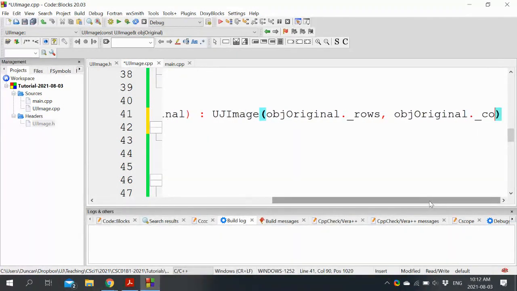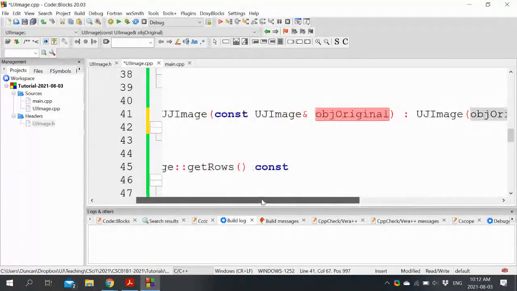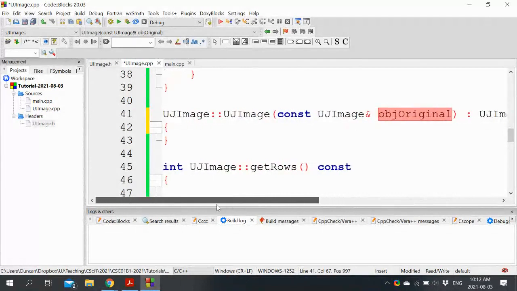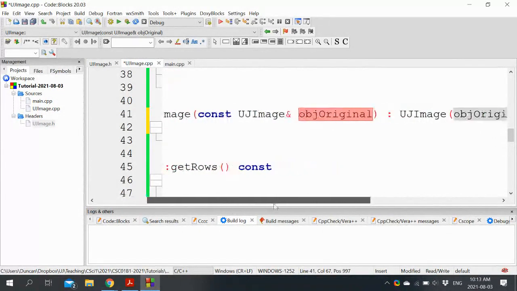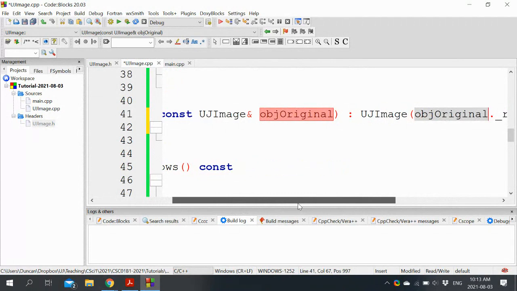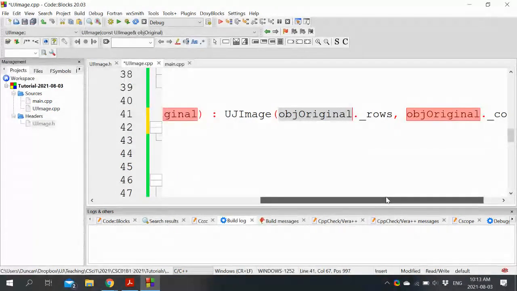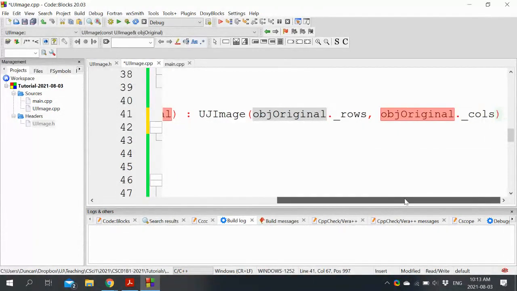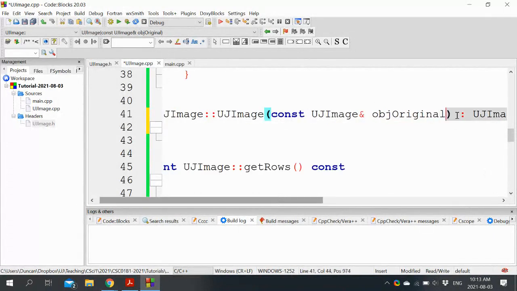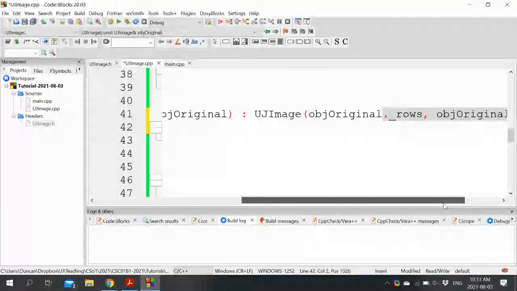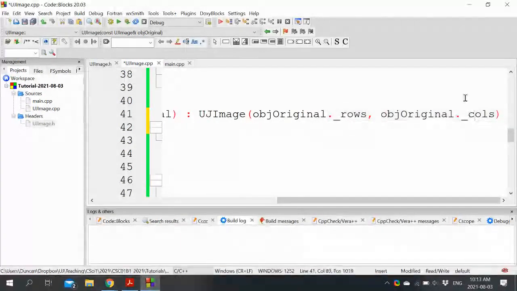Original. Notice that I don't have to use the accessor functions. I don't have to say get rows and get columns. Why is that? Because original is not me. It's someone else that I'm copying. And the answer to that is that the public and private and protected levels of visibility are enforced at the class level, not the object level, because the idea being that you are the author of the class, so you should know what you're doing here. So basically, that's why you can skip get rows and get columns. You could still use get rows and get columns if you wanted to. It would still work, but you can bypass it within the class.